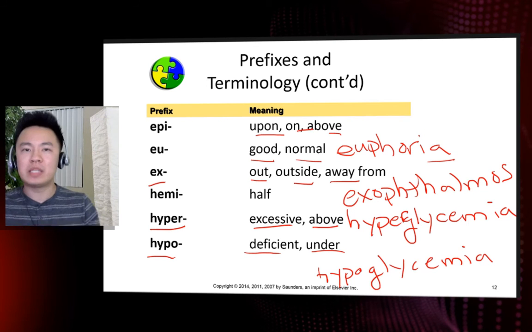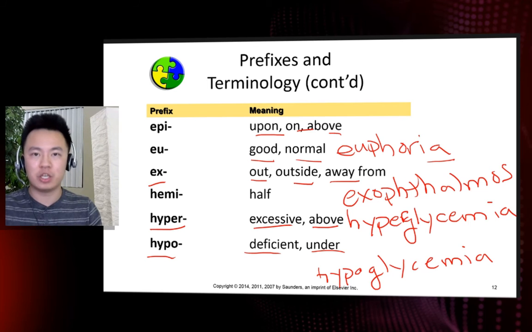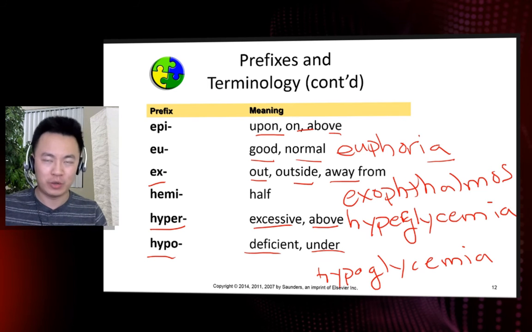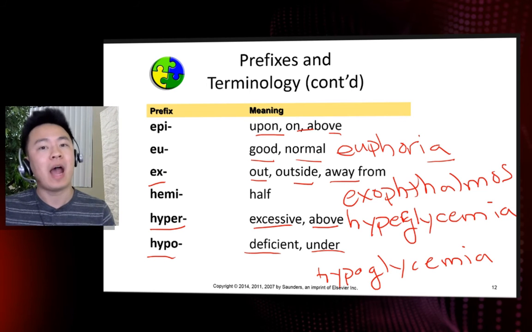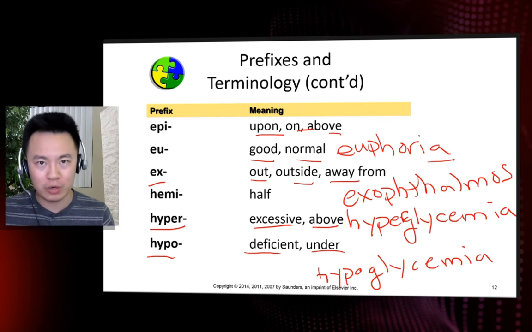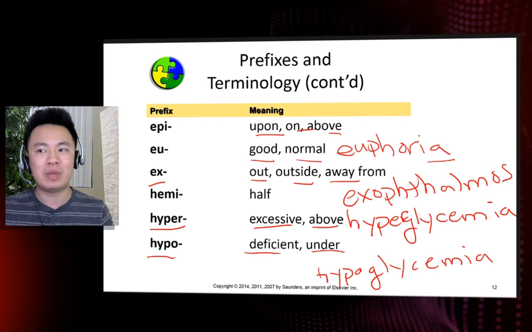Hypoglycemia means an abnormal condition of having deficient blood sugar levels. Not low. Most commonly, you're going to hear it out there as low blood sugar levels. I could be starving, could be hungry, I haven't had a meal all day. I would definitely have low blood sugar levels. However, it doesn't necessarily mean it's deficient. So just keep that in mind.